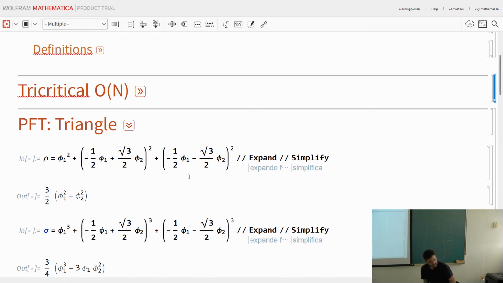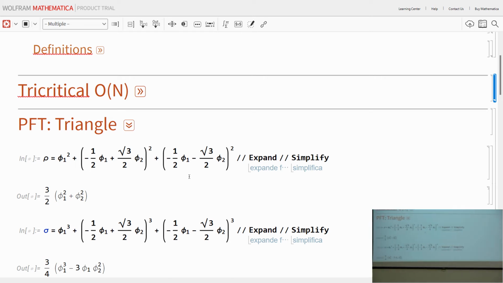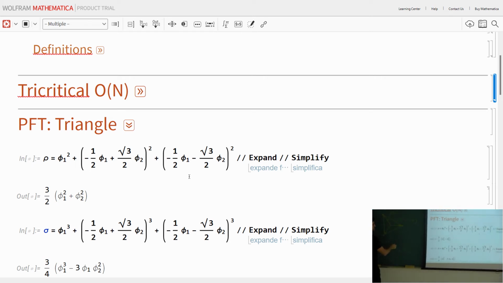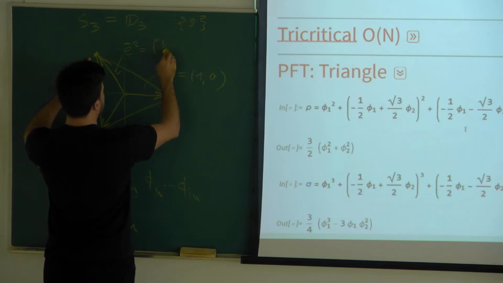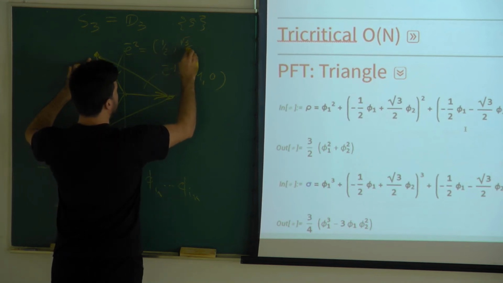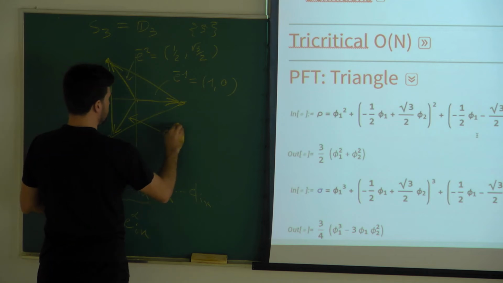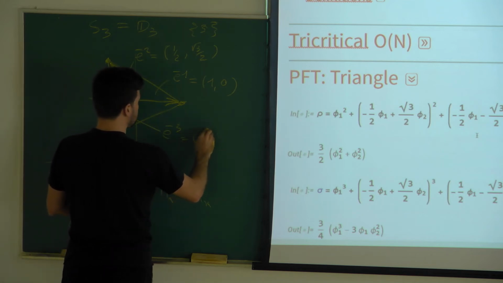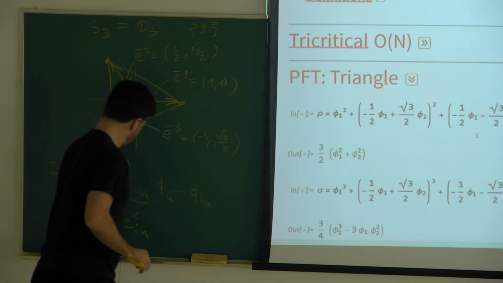So as we said, this is E1. This one I call E2, and it's equal to plus 1/2 and square root of 3 over 2. And this one is what I call E3, and is equal to minus 1/2. Okay. So now